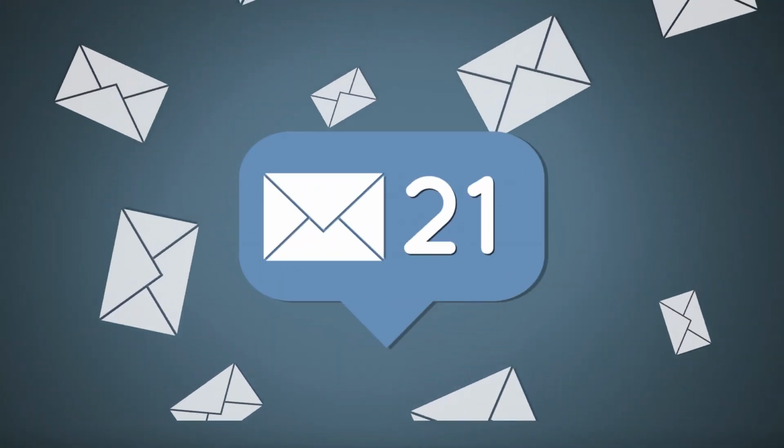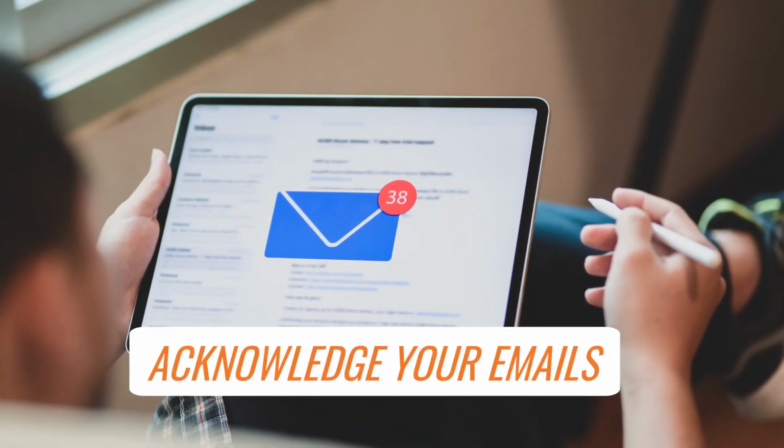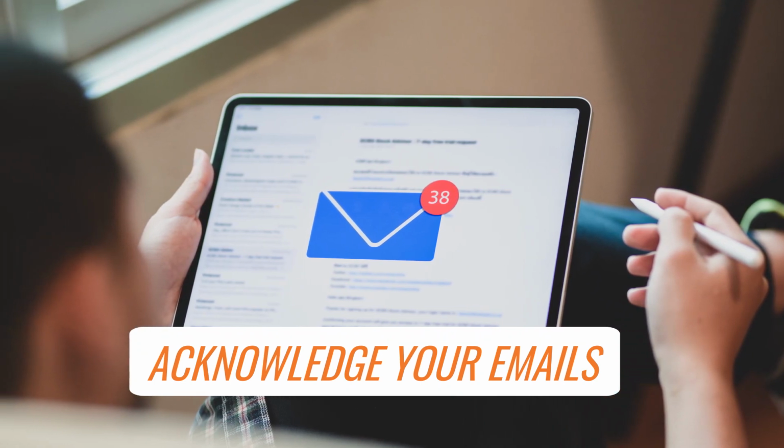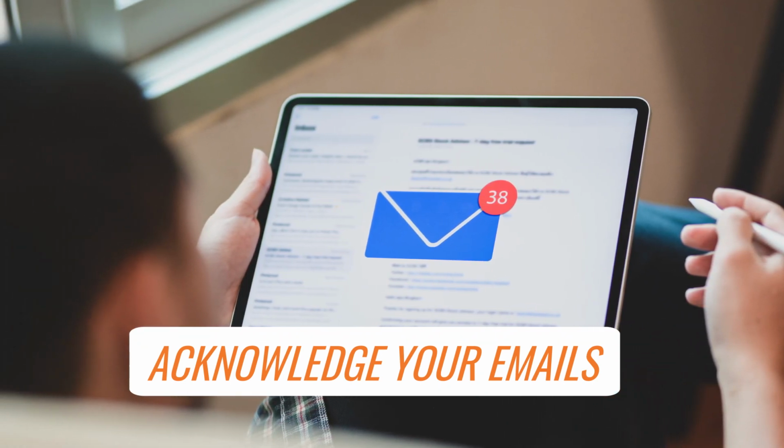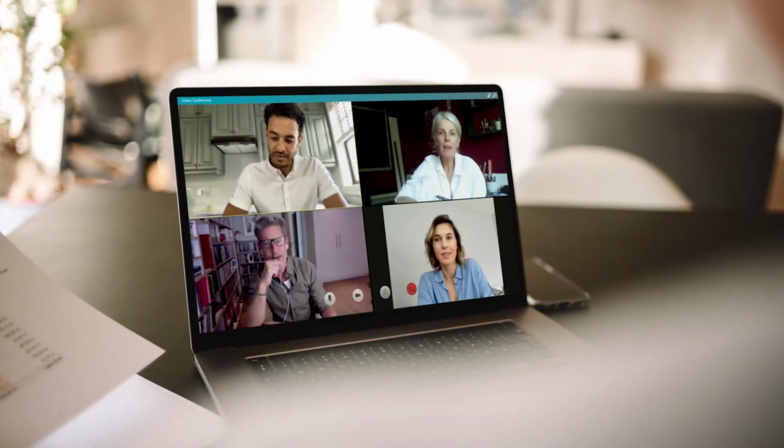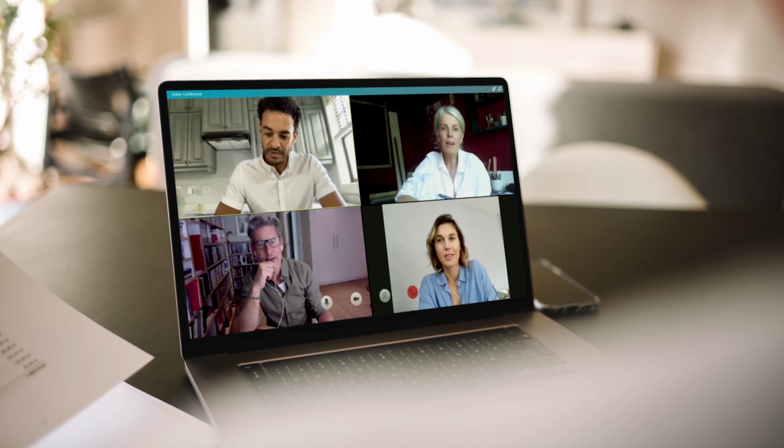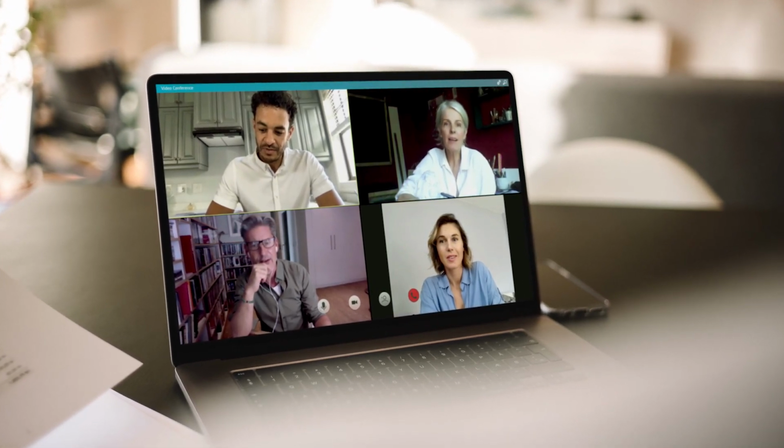And when you do get an email, if you see either a high importance one or one speaking directly to you, you want to make sure that you acknowledge that email, whether it's got it, will do, acknowledged, received, anything, because that alerts your sender that your email did not go into the black hole and they're like, did she get it? Did he get it? Is she working on it? What's the status here? So believe me, it will alleviate phone calls or ad hoc meetings because they want to check in on the status